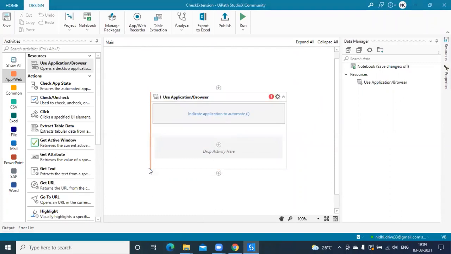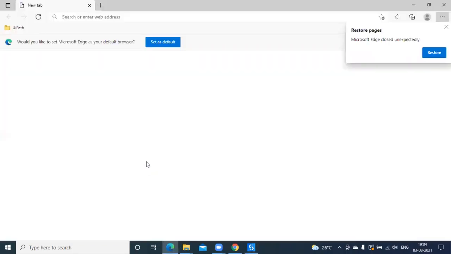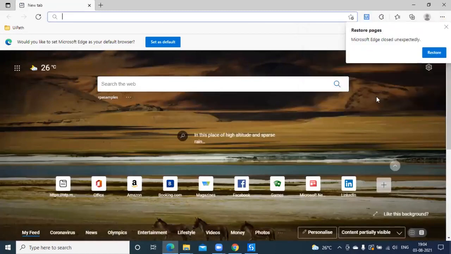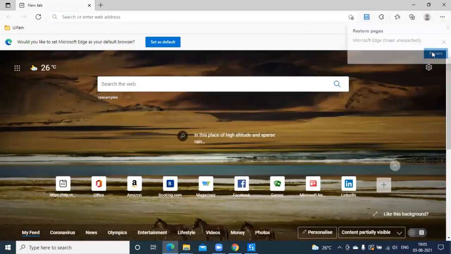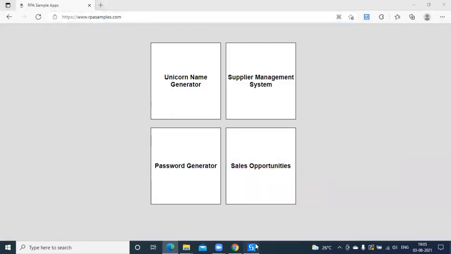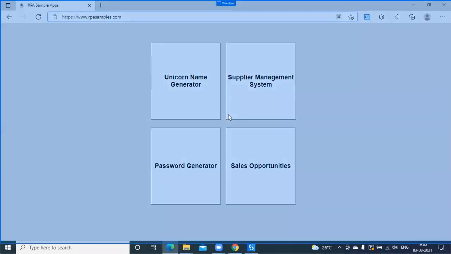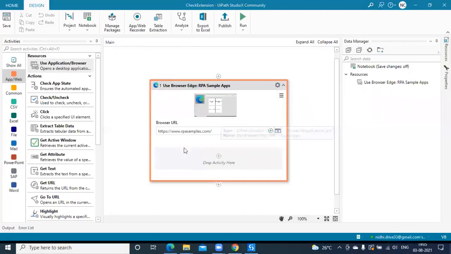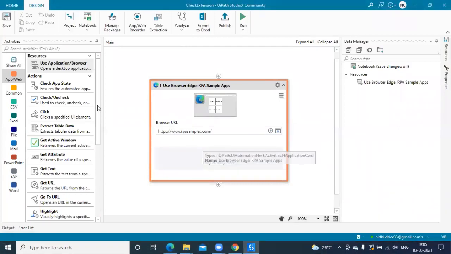If you want to automate any application on the Edge browser now, you can do it easily. Now when I go back to Edge again, you can see the pop-up to enable the extension. Click on enable and now you can also work with this particular web page. Now you can see I can easily connect with the web page, and it has captured the URL and the screenshot.